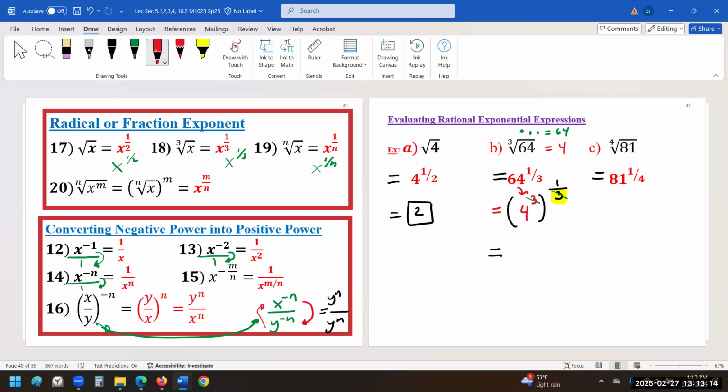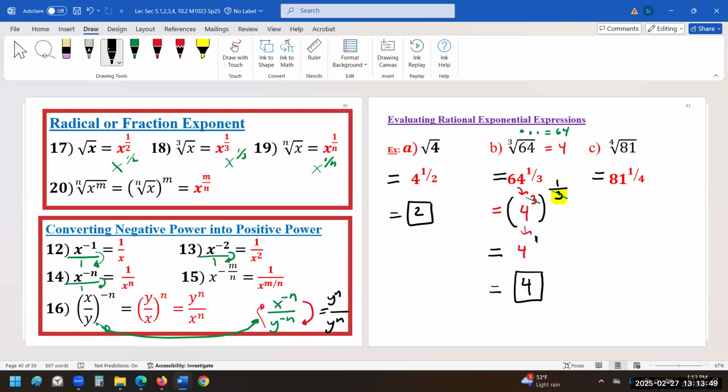So we are left with 4 from the inside. And outside we have 1. It's 1, so you don't have to write it, but again later it will not be 1. It will be a different number, so you must bring it down and then apply your power. So see, they are the same, same answer. So if you forget your answer, no problem. Just rewrite 64 as something to the denominator power and then cancel.